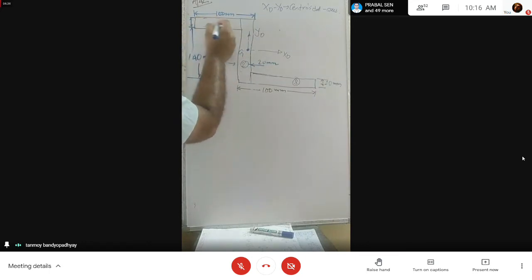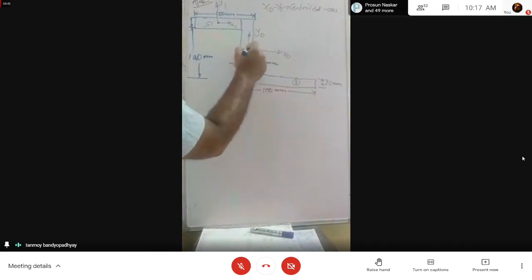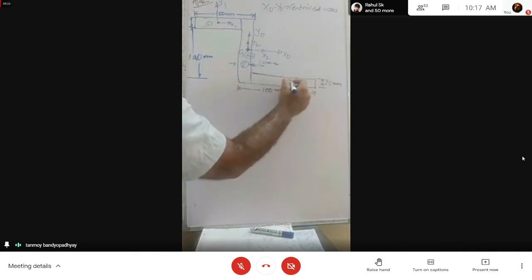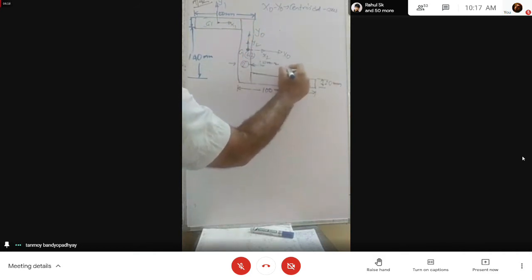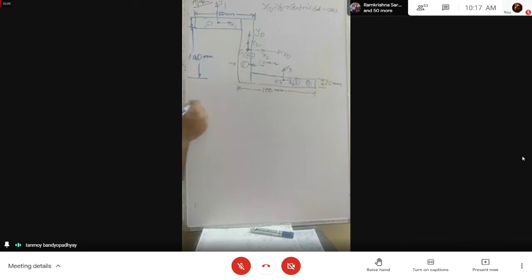So for this rectangle, the centroid will be somewhere around here. Let's call it G1. The axis system passing from here, I am calling X1, Y1. The centroid G2 will coincide with G, so X2 and X0, and Y2 and Y0 will coincide. The coordinates of this one will be X3 and Y3, and G3 represents the centroid of element number 3. So just keep on repeating the things that we had discussed.